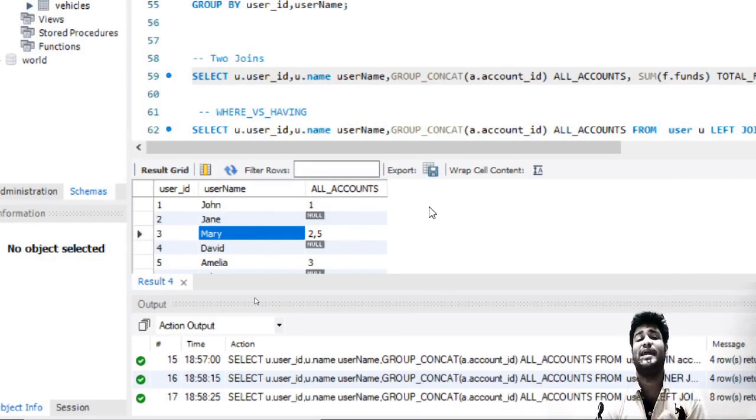So the main criteria of left join comes into the picture. The very commonly used joins are left join, right join, and inner join. These three are very commonly used, and they have some specific usage. When you say you are using inner join, you mean to say that only the common things between both the tables will be fetched out. When you say left join, you mean to say that the left table is entirely visible and the common things in the right table are being fetched out. So this is what is happening over here.